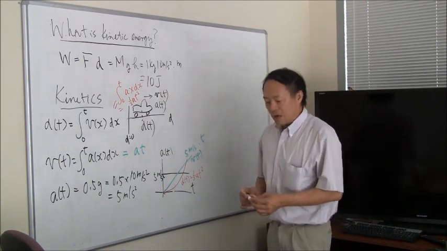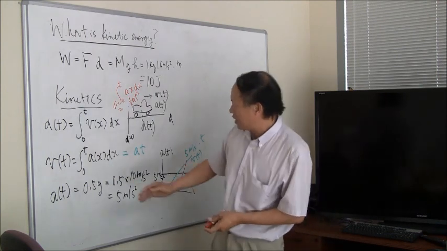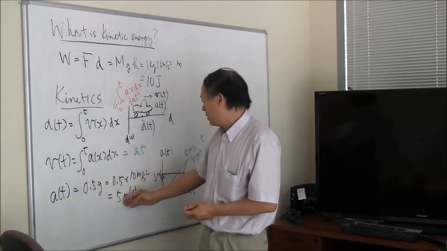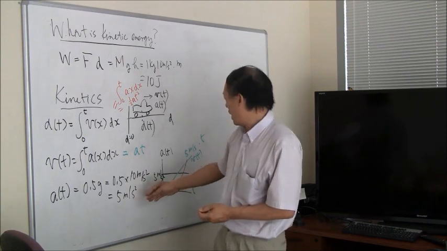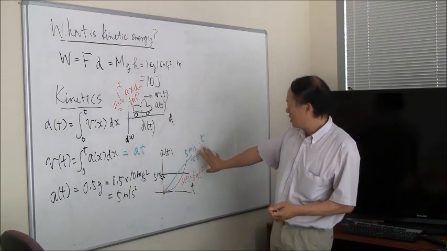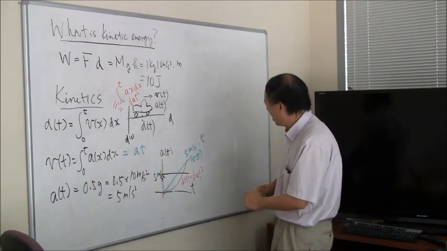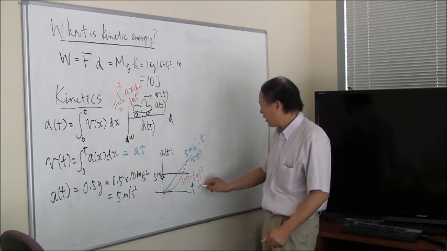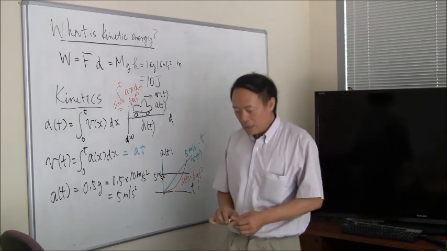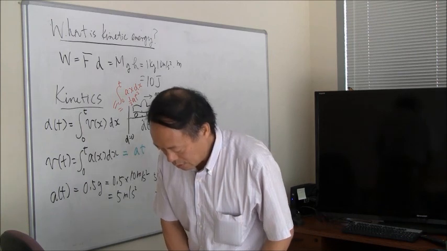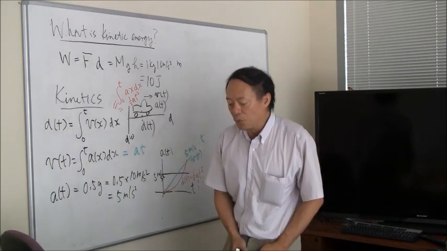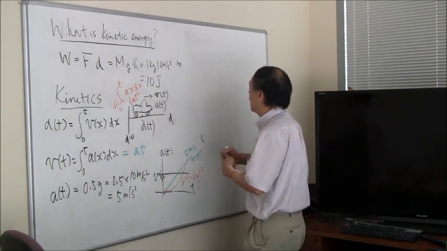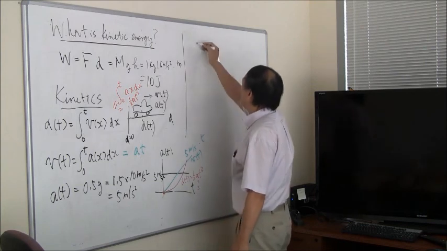So you have these relationships given a constant acceleration a of 5 meters per second squared. Now, what is next? We're going to derive the relationship, which is